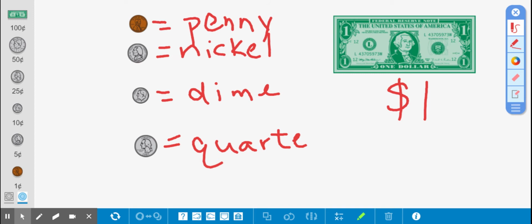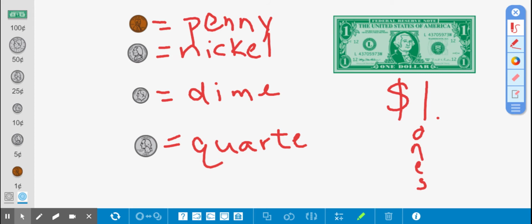Now, if we want to make numbers that are smaller than 1 or between two whole numbers, we begin to use what's called a decimal. Now, our base 10 system tells us that every column stands for a place of 10. So these are our ones. And if we take a dollar bill and we chop it into 100 pieces, we're not going to literally chop it into 100 pieces, but